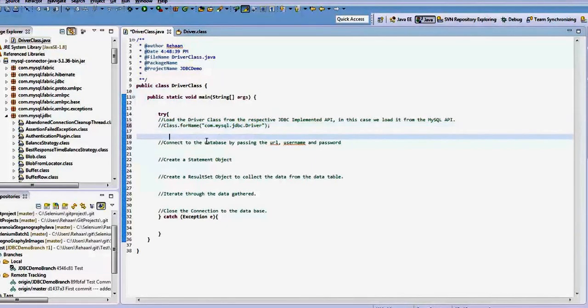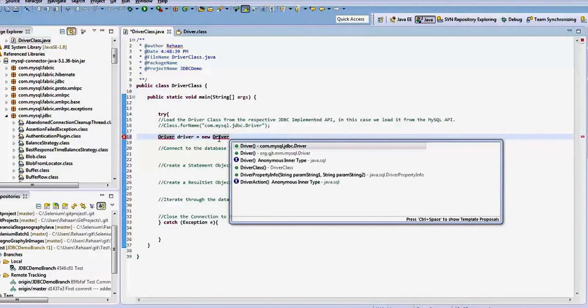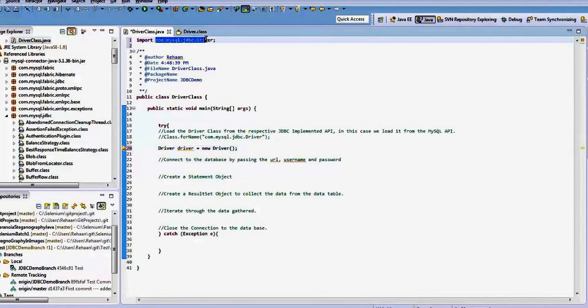The second method is that instead of using the class, you can create an object of a driver. Now, the driver that I'm going to create is from the MySQL package. If you see here, I have imported this Driver class from the package com.mysql.jdbc.